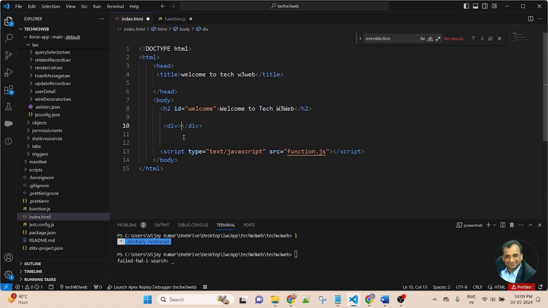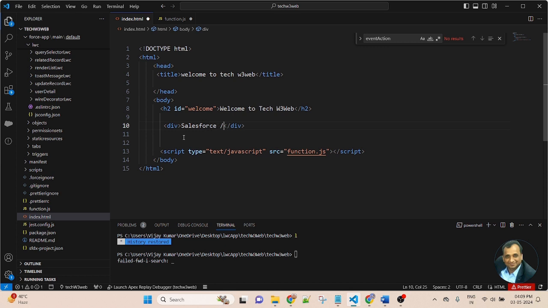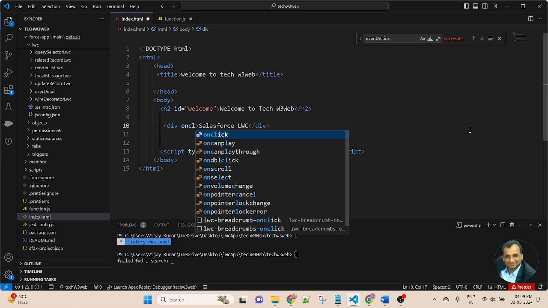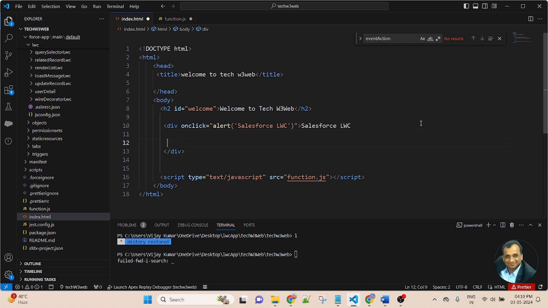In that div I am writing Salesforce LWC, and in the div I am passing an onclick event. On the click event, I am using alert, and in the alert I am passing the same data. So whenever you click on this div, this text will be displayed in an alert. Now I close this div.